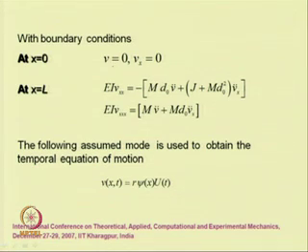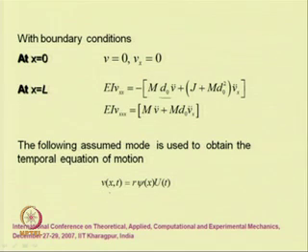At the left end it is fixed, so V equal to 0 and the slope also equal to 0. At the right end, we will have both bending moment and shear force equal to 0. As the bending moment equal to 0, this E I del square V by del x square will be equal to, as the mass is concentrated at a distance d0, one can take the moment and find this. By differentiating, one can find the shear force equal to this. So, these are the boundary conditions,